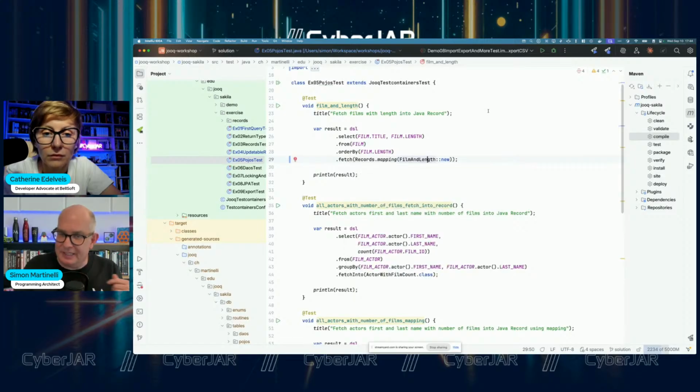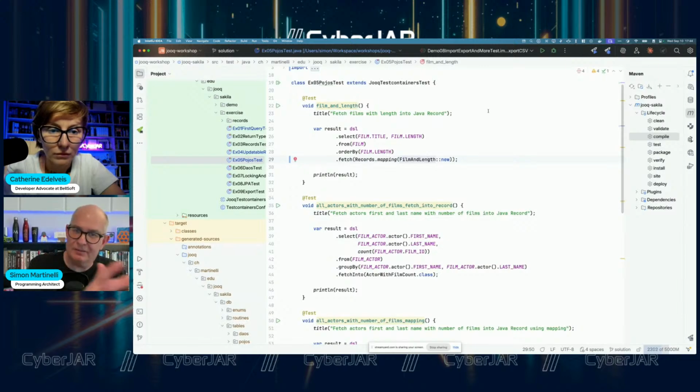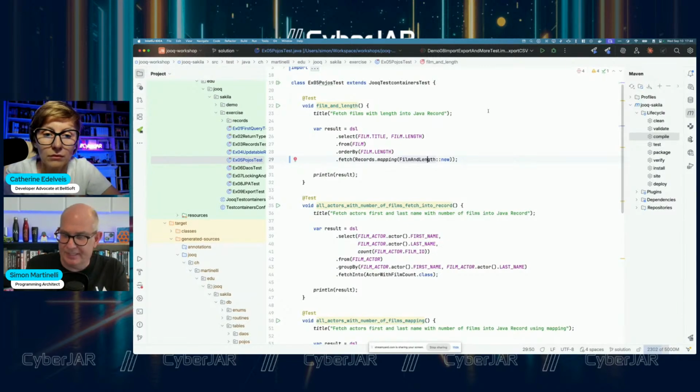So JPA, for example, has the possibility to use constructor expression. So you have to select new and then can execute a query that will also do, for example, an instance of a record, but there's no check if the result from the database really can be mapped to the object that you want or to the class that you want. That's nice. That looks really neat.